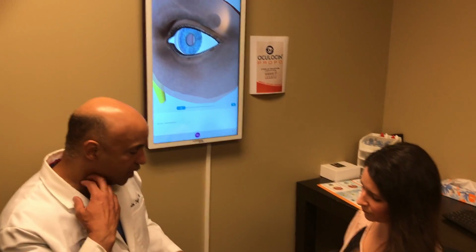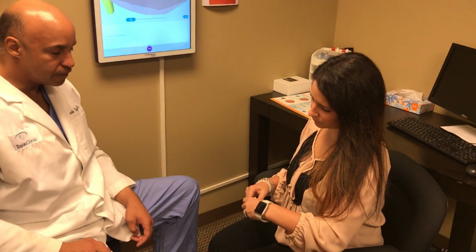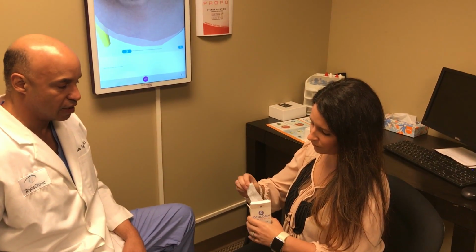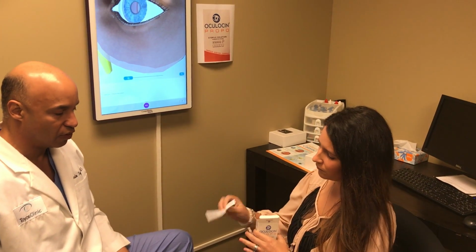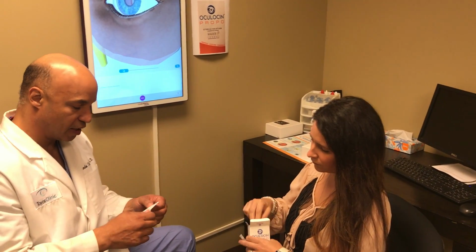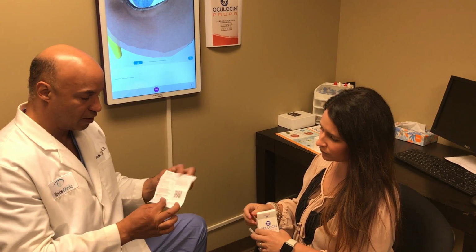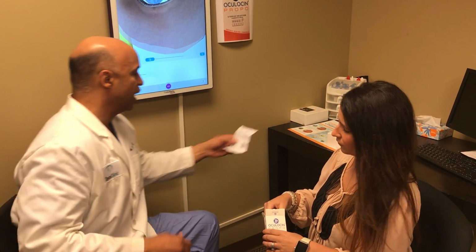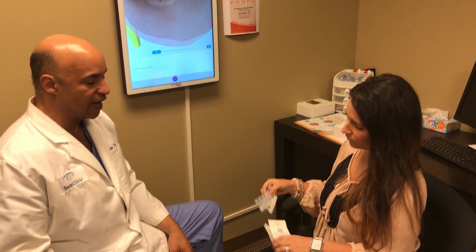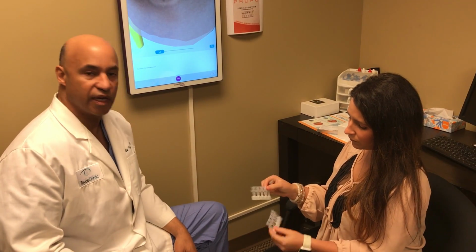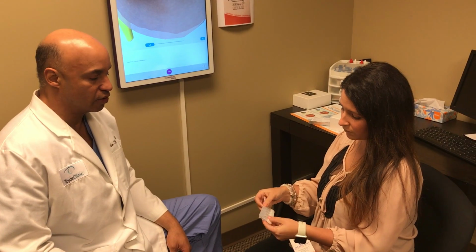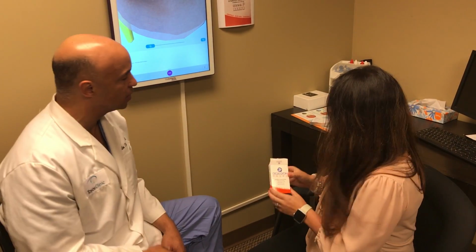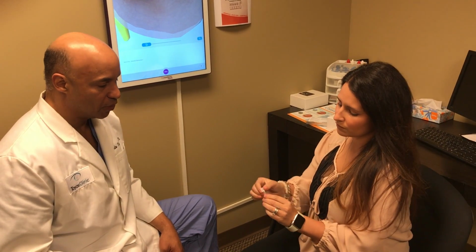So let's see, when you get your box of Oculocin, you're going to open it up, and the first thing you'll see is that there's a little sheet that you can read all about, all the ingredients in it, and how to use it. And then there's 10 of these vials that come in each box of Oculocin. Now one of the great things about it is that you can open one of these vials up,